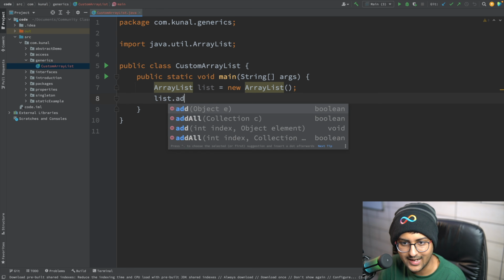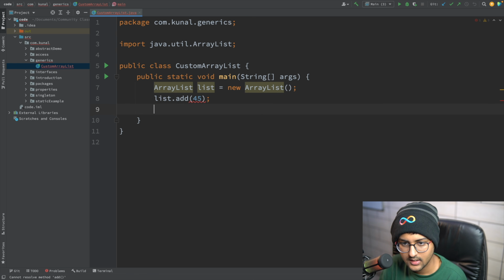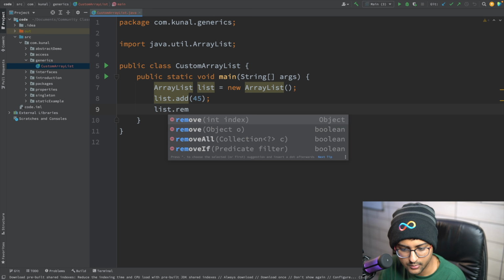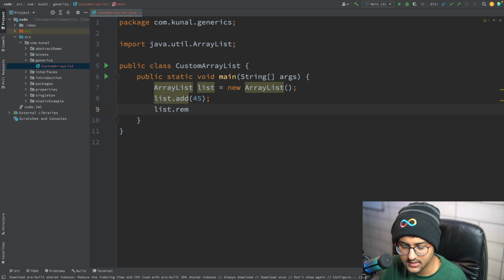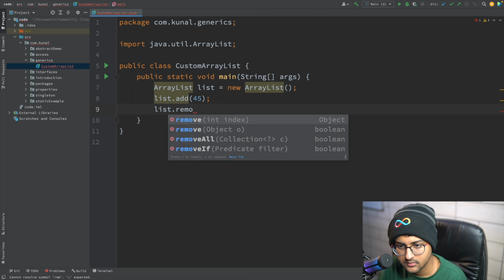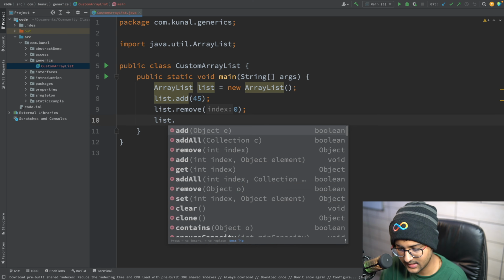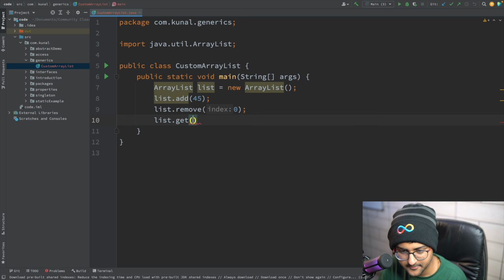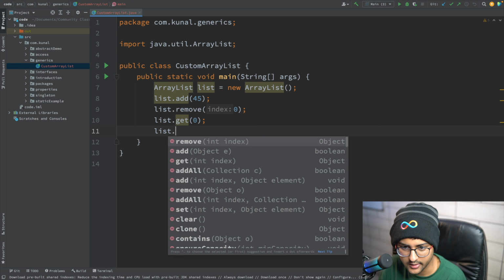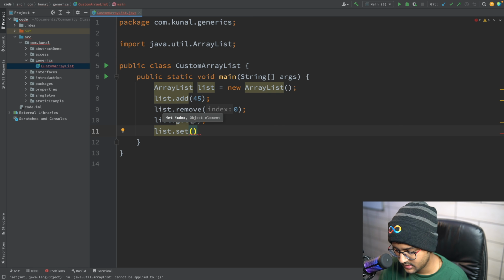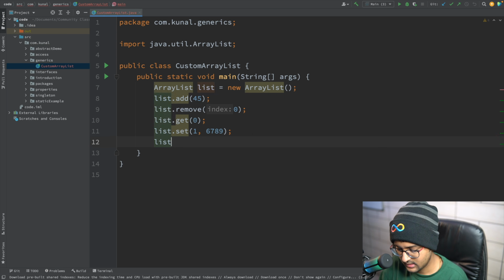Then I can say list.add, so I can add something in it. I can say list.remove, and I can provide an index number. Then list.get, and list.set with an index and an object.